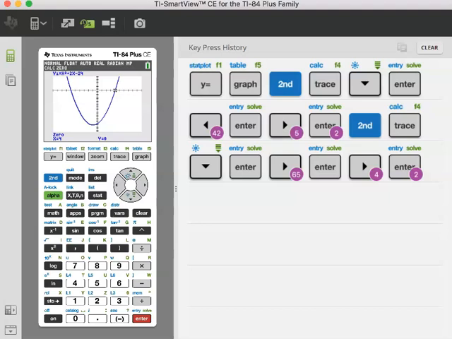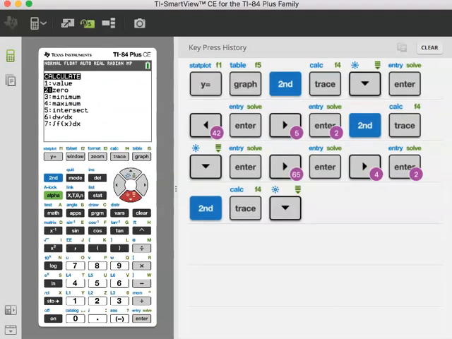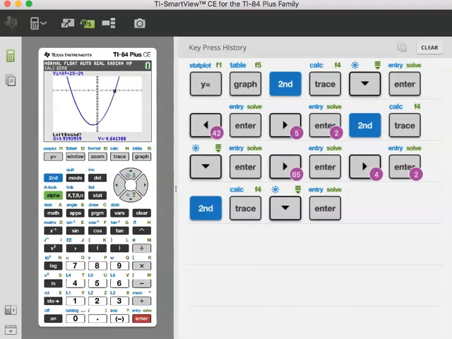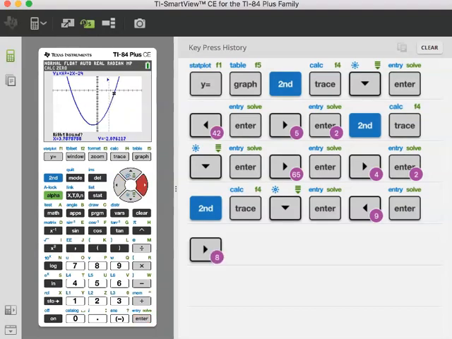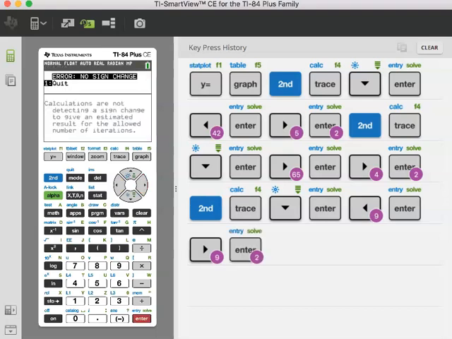A common error message that you may see is that there's no sign change. So for example, let's say I'm finding the x-intercept, and this is what happens. I hit enter here, and then I didn't go far enough, and I hit enter again, and the error says no sign change. What happened here was that when it says no sign change, the y value had no sign